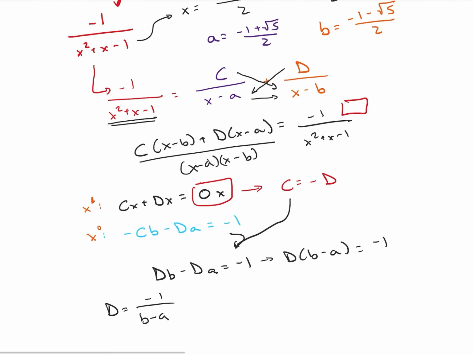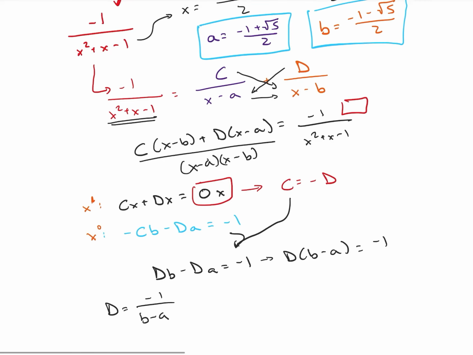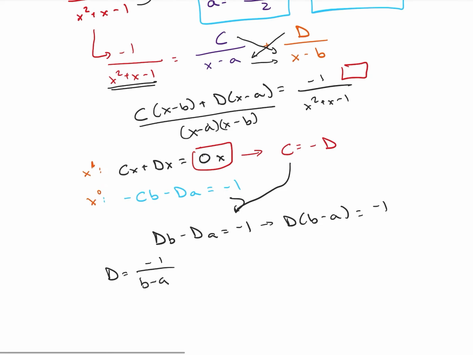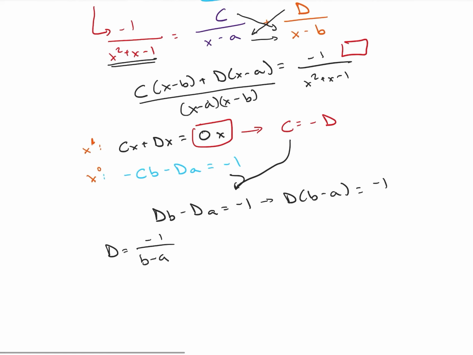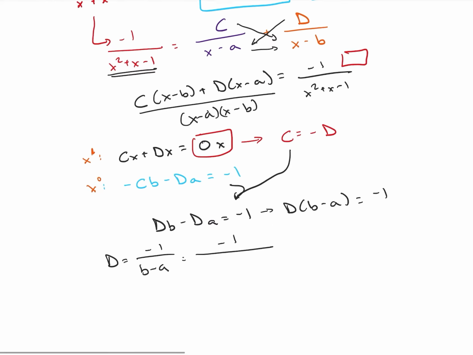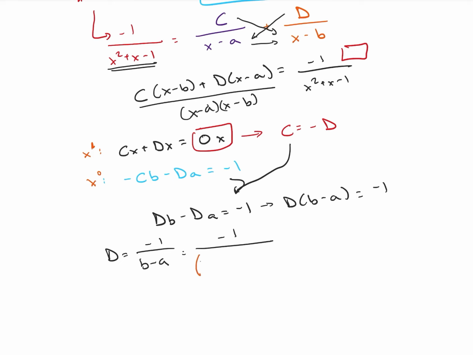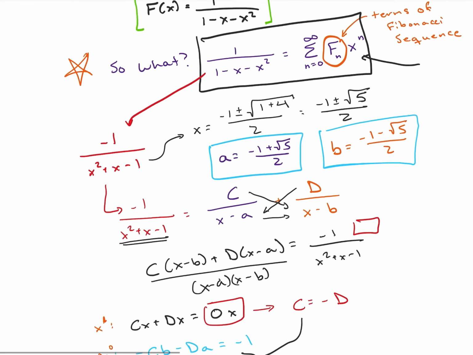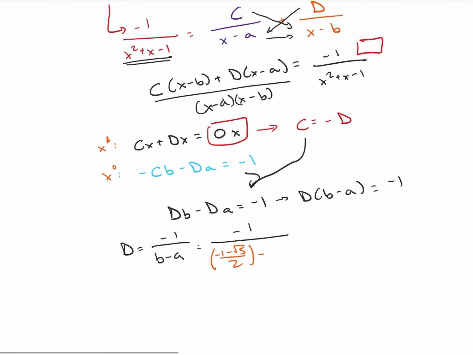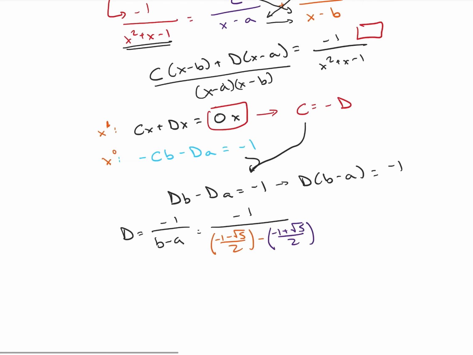I want to remember what b and a were. So b and a are these two guys up here: negative 1 plus or minus square root of 5 over 2. So I'm going to rewrite this now as negative 1 divided by, and then I had negative 1 minus square root of 5 over 2 minus, what color was that? Purple. Negative 1 plus square root of 5 over 2,